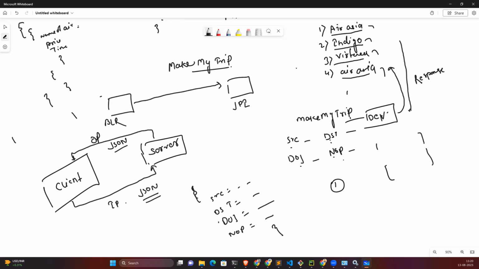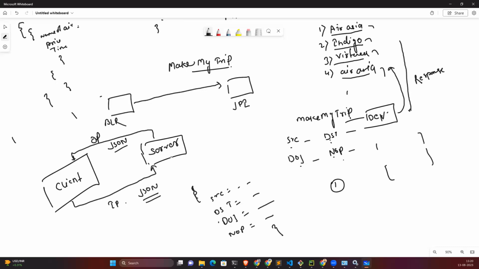Second thing, each air service has their own inbuilt services, their own logic to write the business logic, right? So you no need to worry about the business logic. They always say, I will not give my code. Server means AirAsia or Vistara. These guys said, no, I will not give my code. You can consume my code by hitting one API, but I will not give this code.